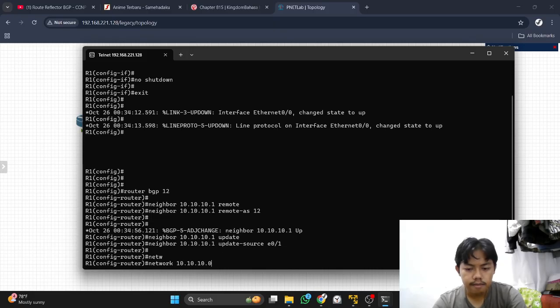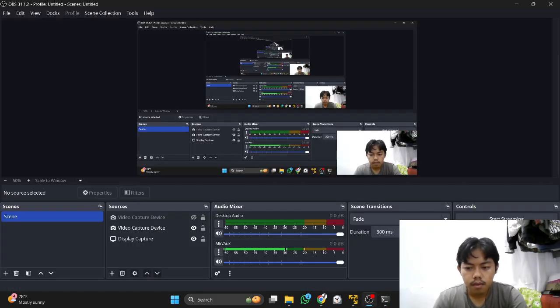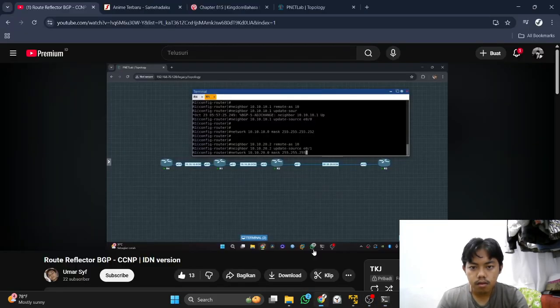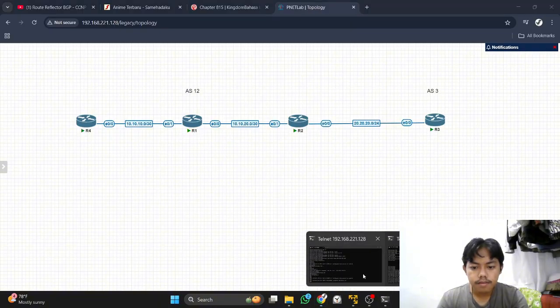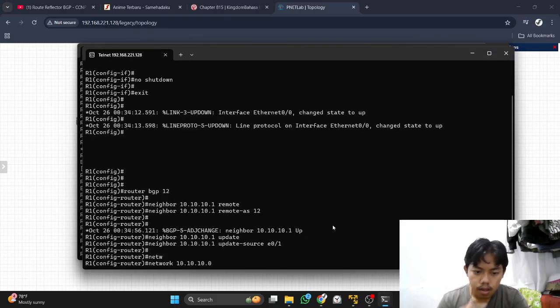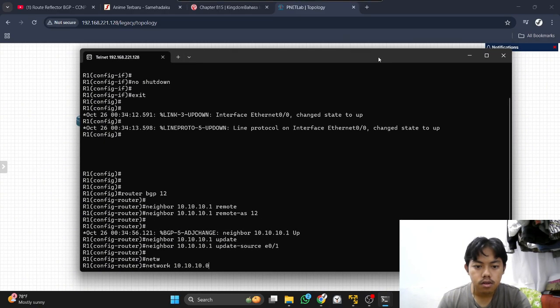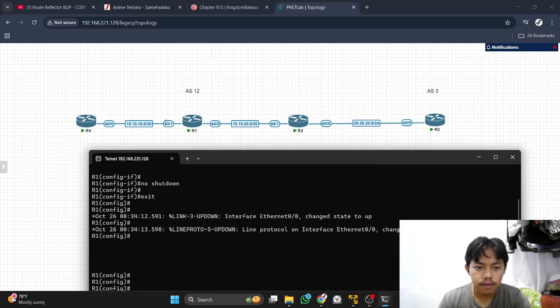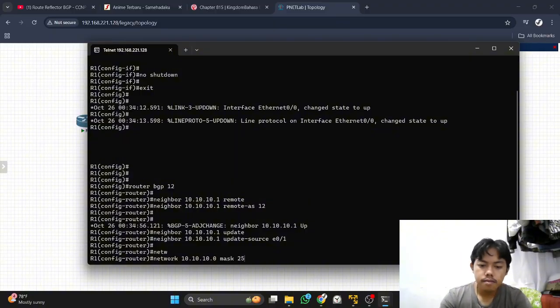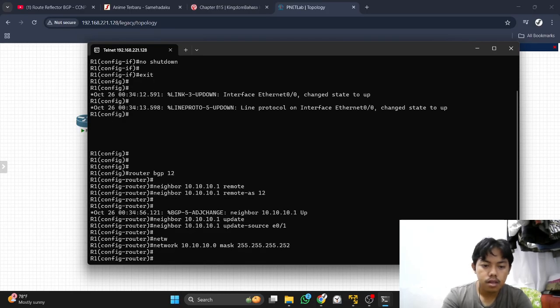I think it's the same. Because we create the BGP to router 4, the network is this interface. Okay.